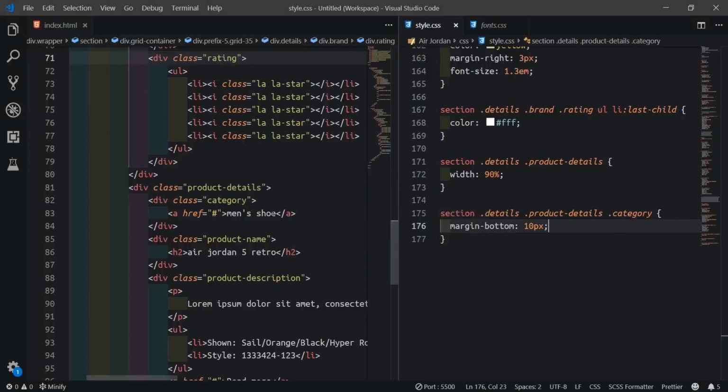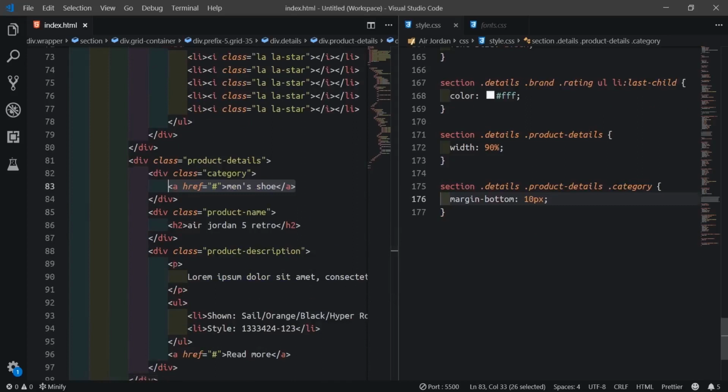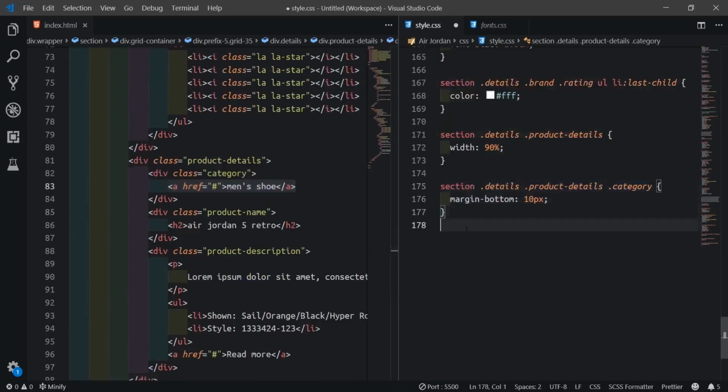So more, let's continue. What we'll do next now, we will target the anchor tags inside this product details. So not just this men's shoes, which is an anchor tag, this men's shoe and this other read more, now the target. So what we'll do, we'll just come here, then copy this one and put the anchor tag here.